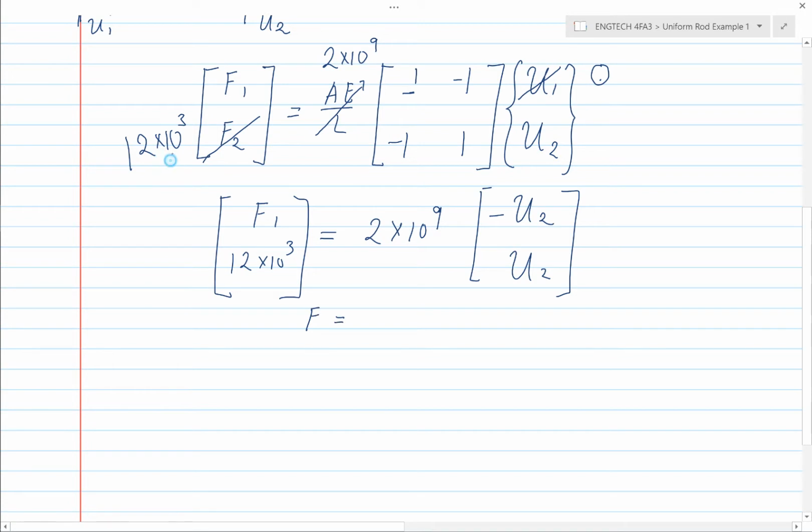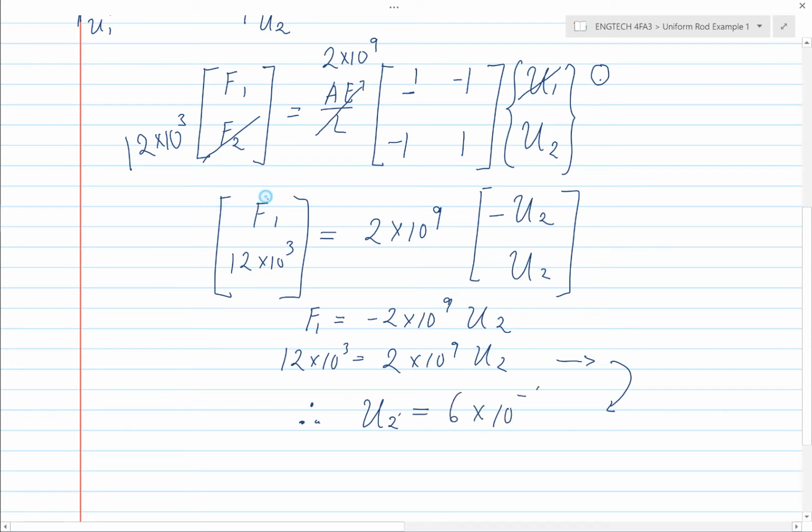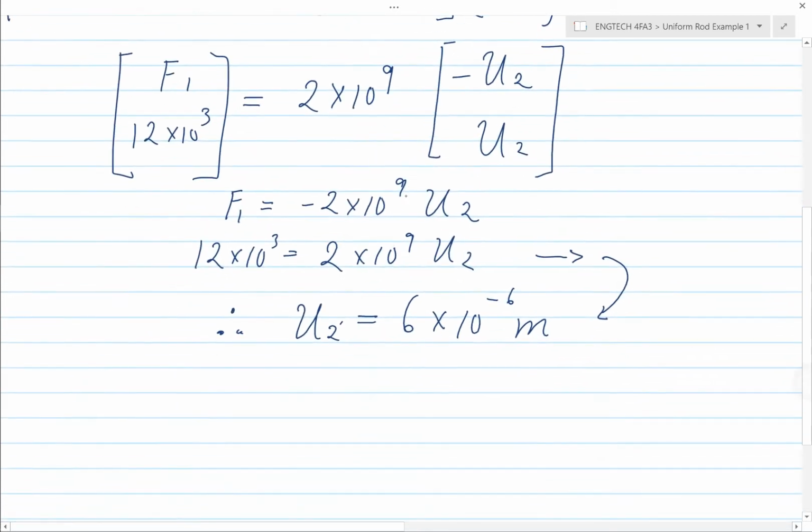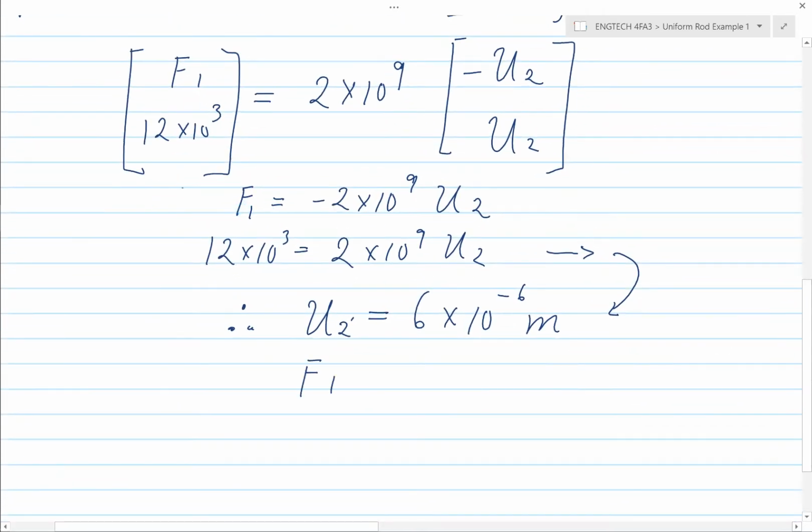That matrix turns into two equations, and then 12 times 10 to the 3 times 10 to the 9 U2. Therefore, we solve for the second equation. U2 equals 6 times 10 to the negative 6 meters. And F1 equals,